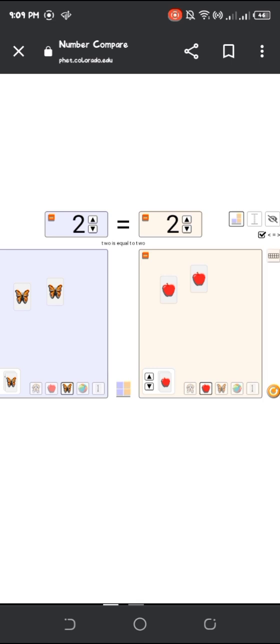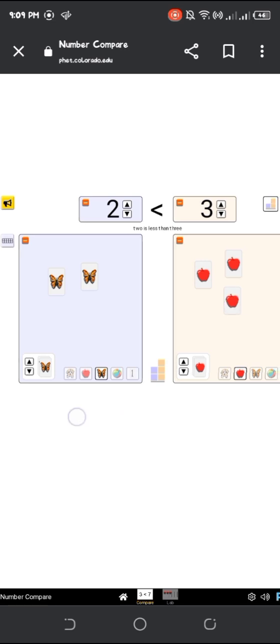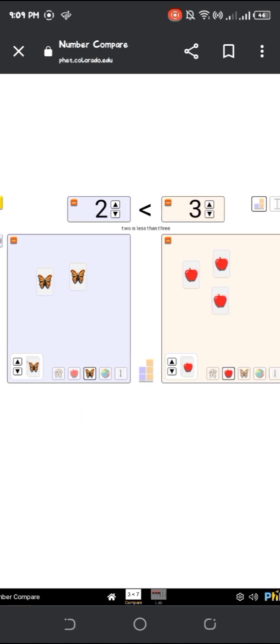Then if we put more apples, 2 is less than 3 because the butterfly only has 2 and the apple is 3. So the butterfly becomes less than, because there are only two.